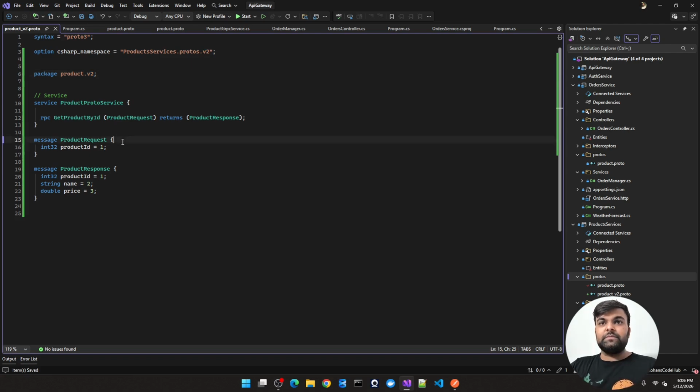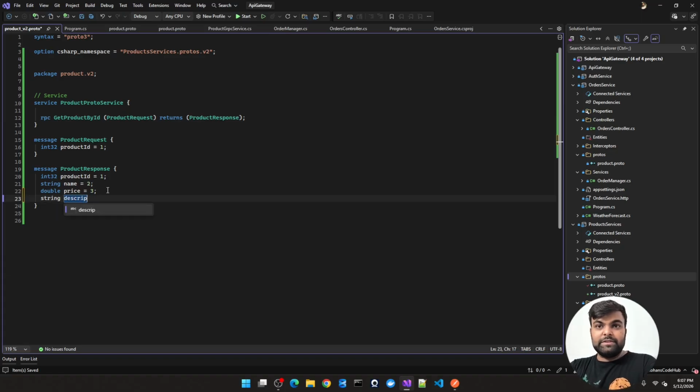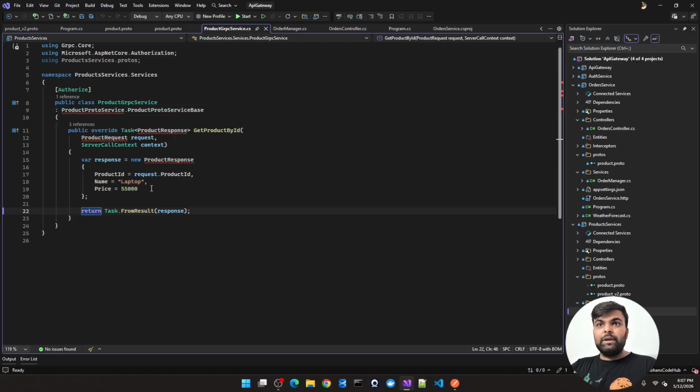In version 2, I am expecting another parameter, which is the description. So this is my description at place 4. Whenever I run the services of version 2, I will get the description as well.